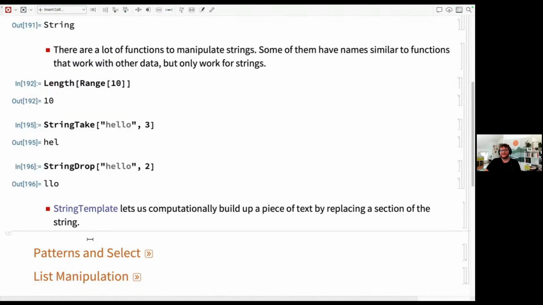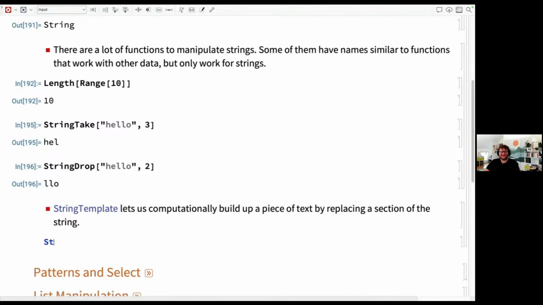StringTemplate is one of my favorites. I don't quite know why it's one of my favorites, but I think it's fun. StringTemplate allows us to computationally build up sentences. With a little backtick, every time I see backticks, and then inside we have a word or a variable or whatever we want, then it will replace it. We build our little association here, and we say, I want you to replace color with red, for